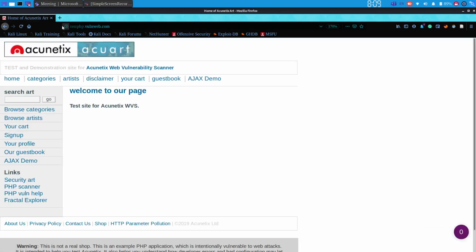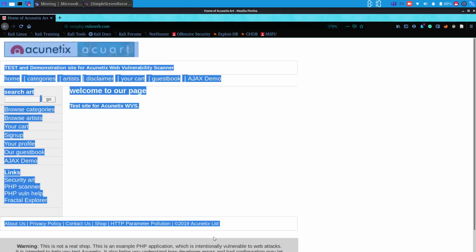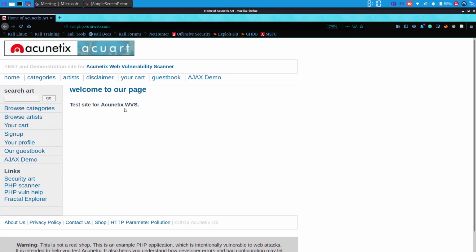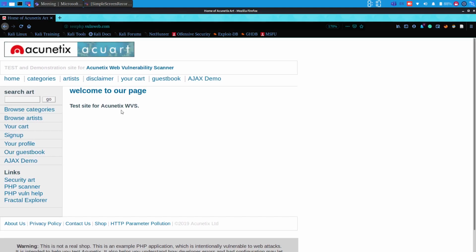Let's suppose this is a website. It has a search box. It has some other categories, artists and different pages. How a website works, first we will be discussing this. Everything that you see on your screen is the front end part. Every content that you can see is written in HTML. Each and every word, each and every image has been included in your HTML file.